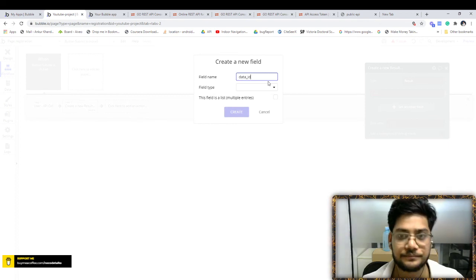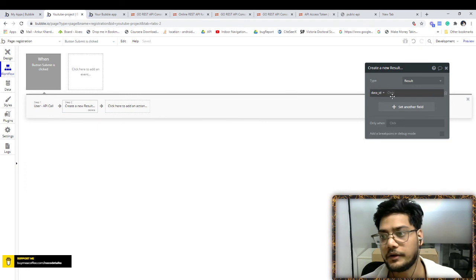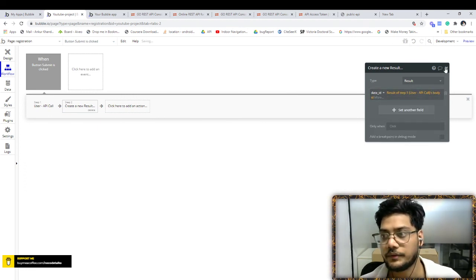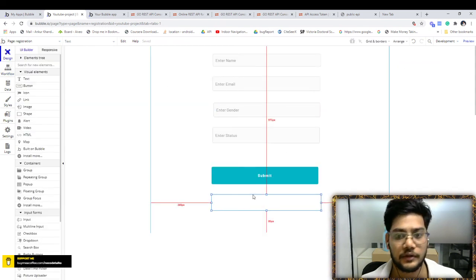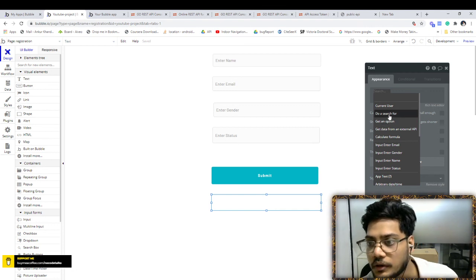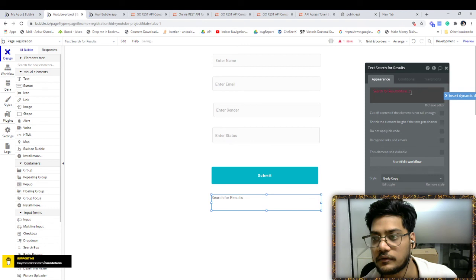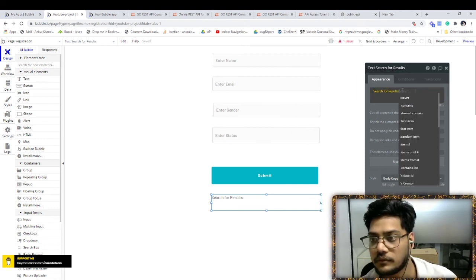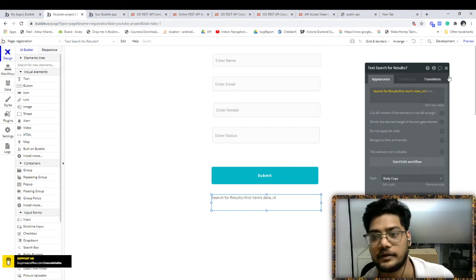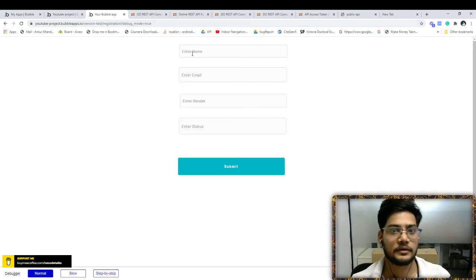Data ID field type is number, and you will get a result from this ID. Okay, and then you can insert it here. Do a search for result and then result first item dot get ID. Yes, this is the thing, you have to click here.